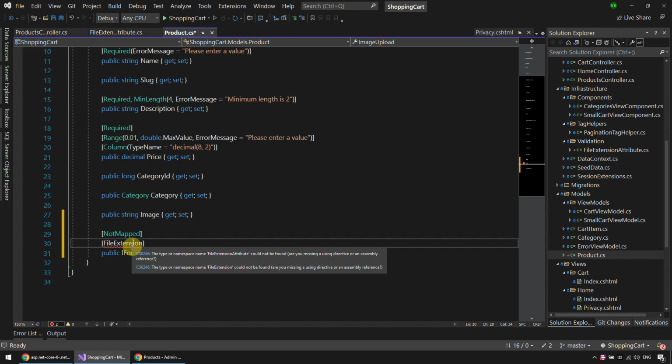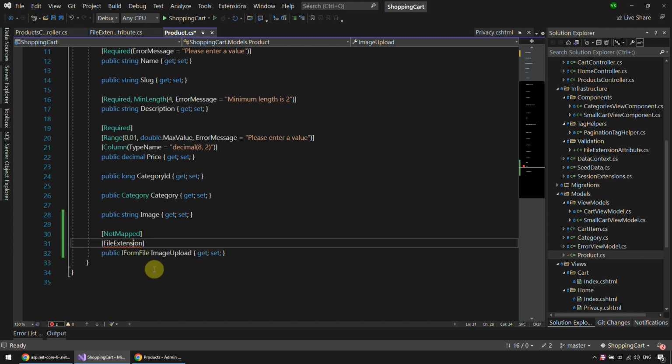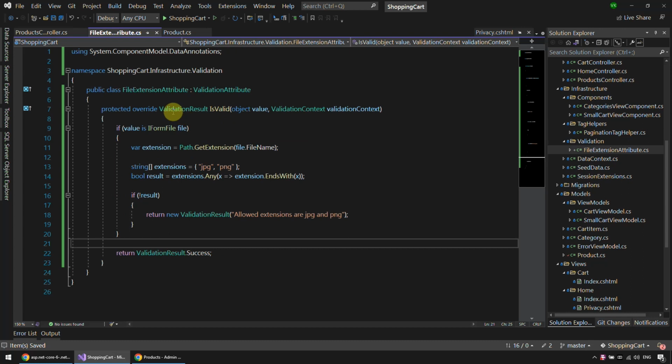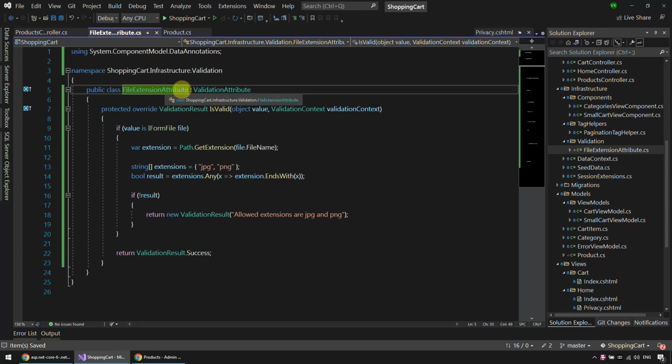Okay, so let's see, import that, and that's it. So as with the view components and so on, it's the class name without this attribute suffix. Okay,